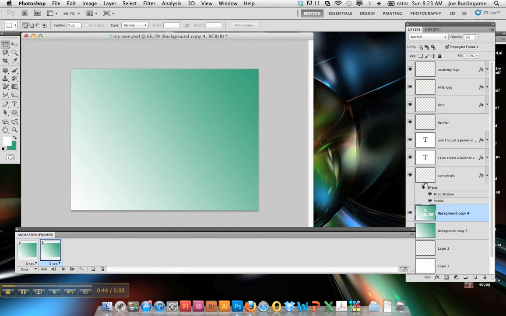With the second frame selected, if we go to the I can layer, we're going to bring the opacity to 100. Now, when you click this on, the I can layer is showing. Go back to frame 1 and drop the opacity to 0 on the I can frame. So we go from this frame to the I can frame fading in. We go from here to here, and then click your first frame and hit the tween button, which creates frames